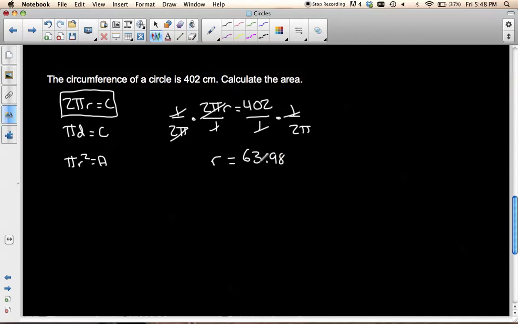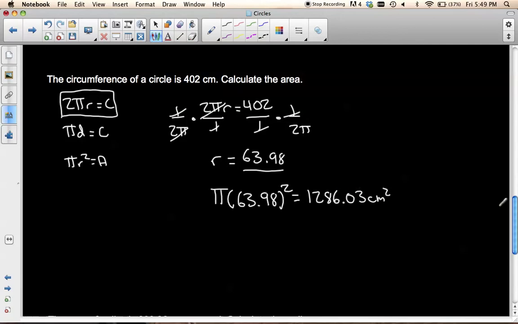We now have the radius of our circle, which means we can now use our area formula. So we're going to go pi times the radius, which we just figured out is 63.98, squared. So 63.98 squared times pi is going to give us 1,286.03